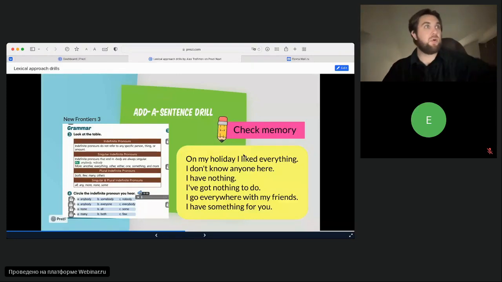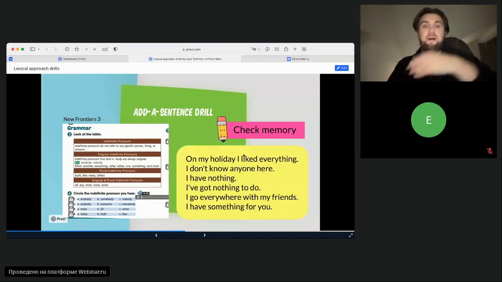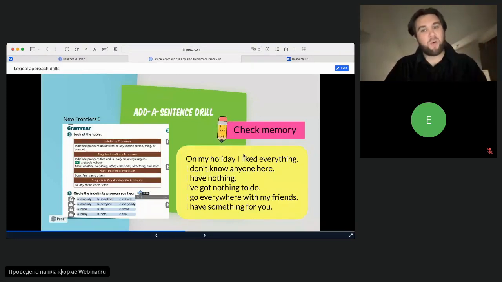Of course, like, Olga, what did Vasya say? Vasya said that on his holiday, he liked everything, and they have to change it so it's "he," not just repeating it after him. "On his holiday, he liked everything, especially swimming in the sea." And Olga, what did Olga say? She doesn't know anyone